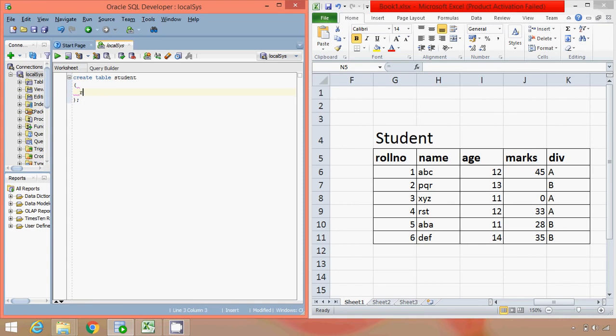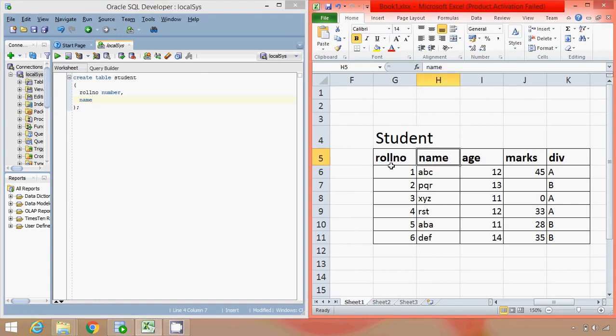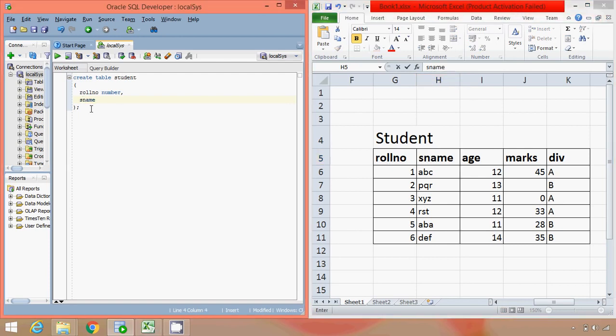So my first column is roll number, which is going to store numeric data, so we'll give the data type as number, comma, next name. Name is a keyword over here, so instead of taking it as name, we'll make it sname, with data type varchar2.